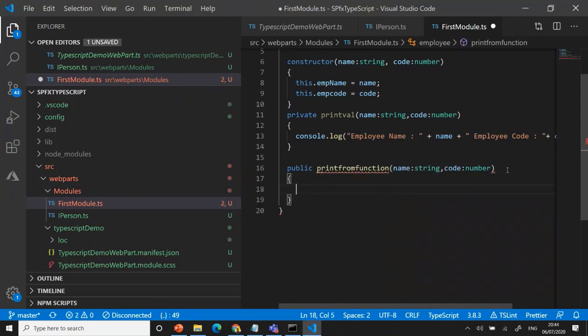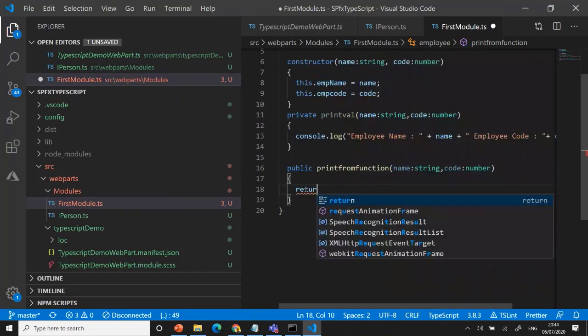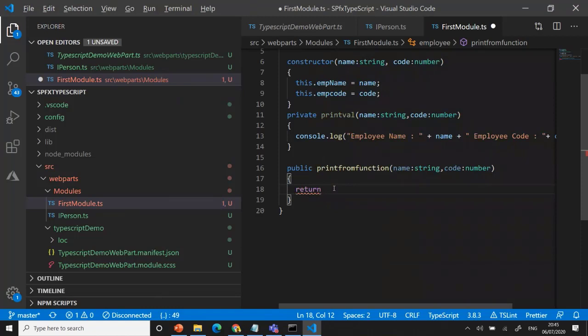Use the same methods, whatever you want to pass the value there, you can send the value, right? Like the same way, if you want to return back. A constructor doesn't have a return, but the methods can return back, right? The same value I return back. I can say welcome, colon, plus name, plus code number.